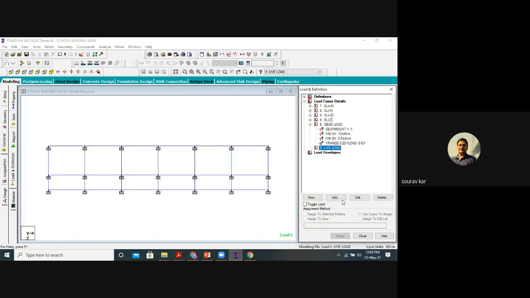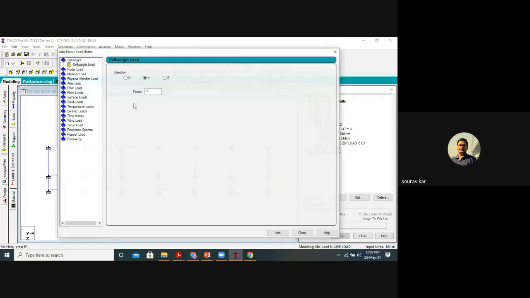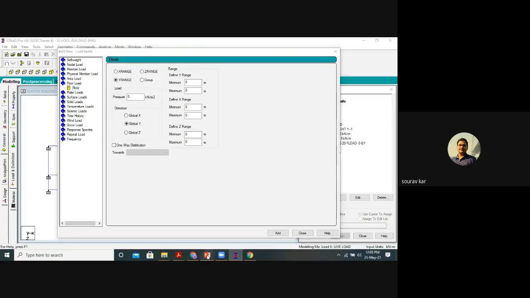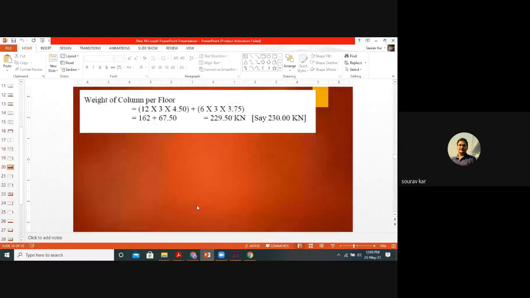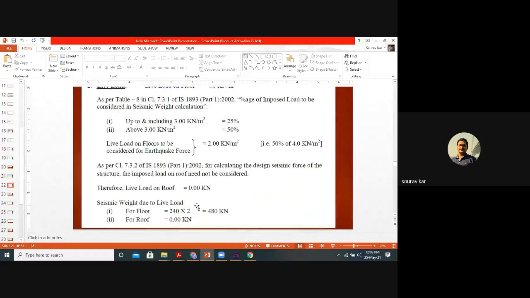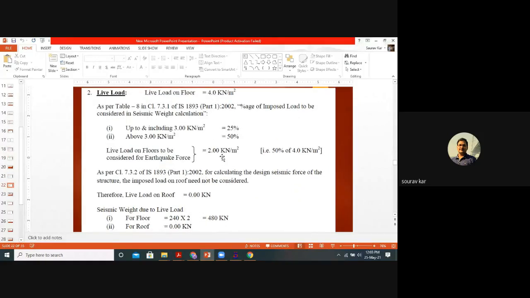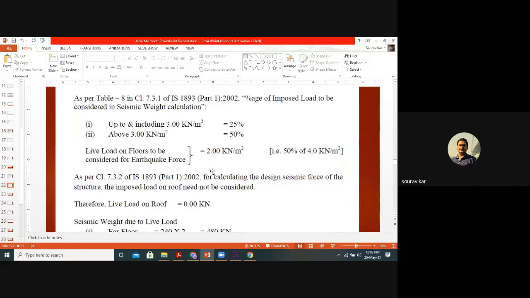Again, coming to live load, we can go to add, and we have to select the floor load. Again, if you come to this live load, we will take the floor load as 2 kilonewton per meter square.